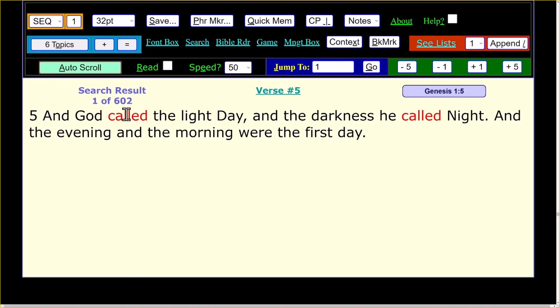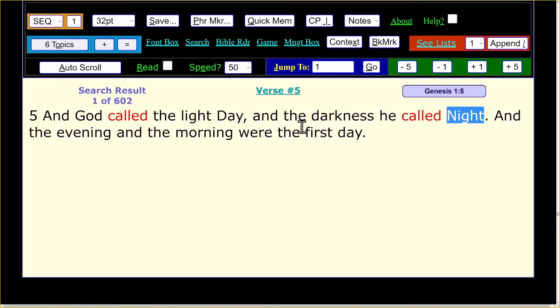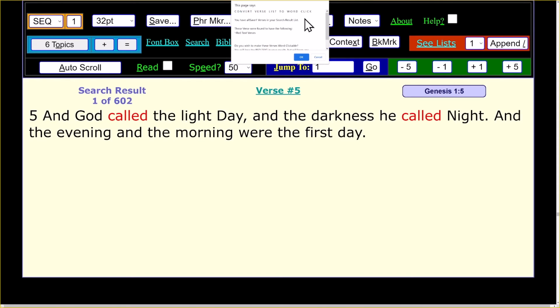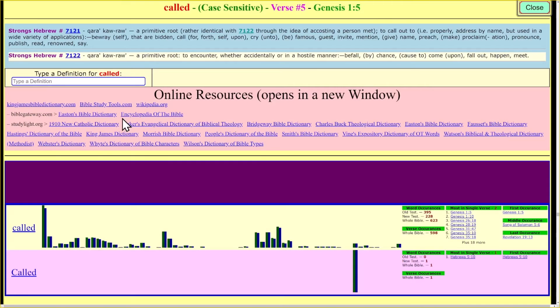Now this is red text, and when I double click on this or any other word in this verse, nothing happens. When I click on this, it's going to ask me if I want to convert the list to word click. That's going to take out all the red text and make it a word clickable verse. So now when I double click on this, it pulls up the word statistics for this word, and in particular